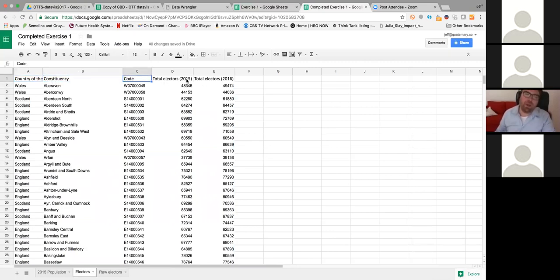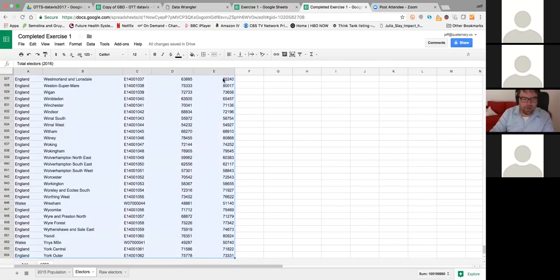In principle, this should be a year column here, 2015, and this column should be the number of electors, rather than having it as 2015 and 2016, in order to make it raw data. In this case, it's not going to give us any more columns, but if we had more years, it would be saving us some space in